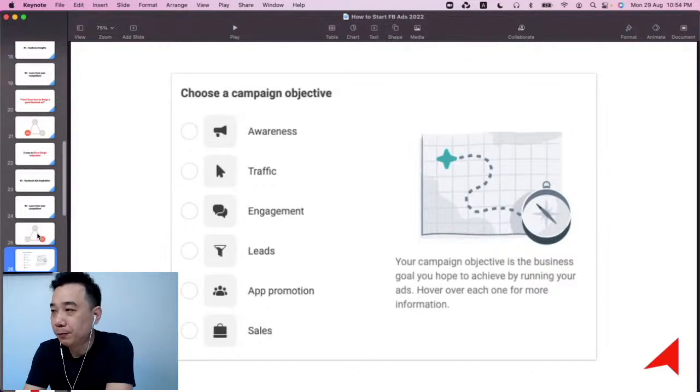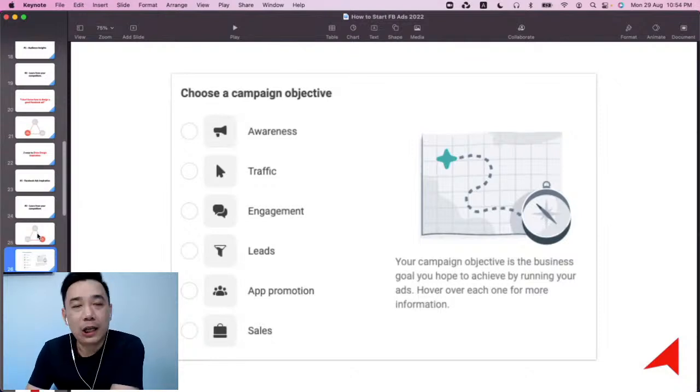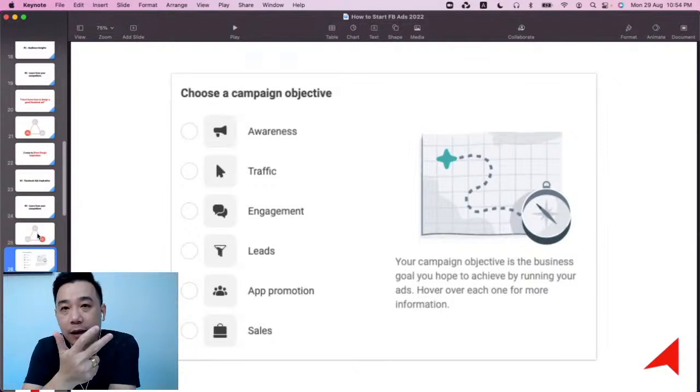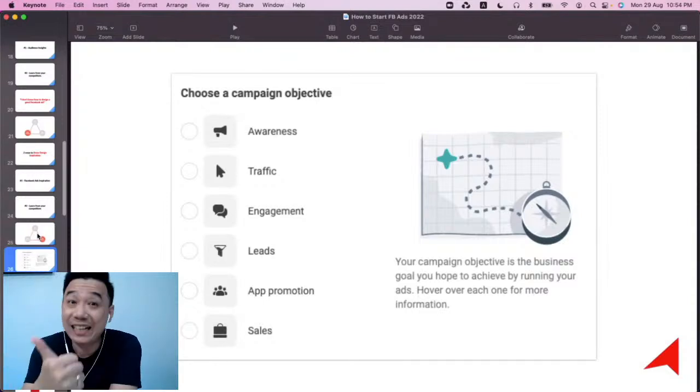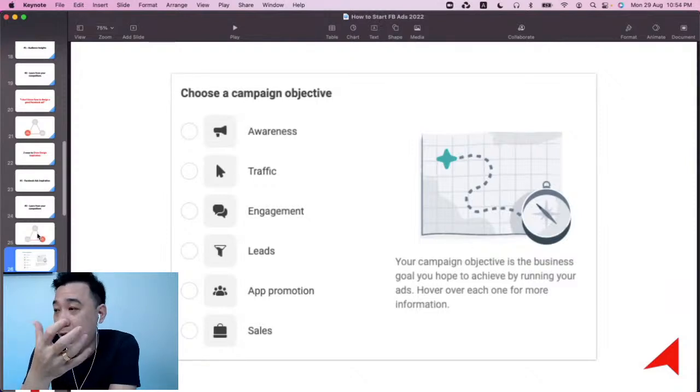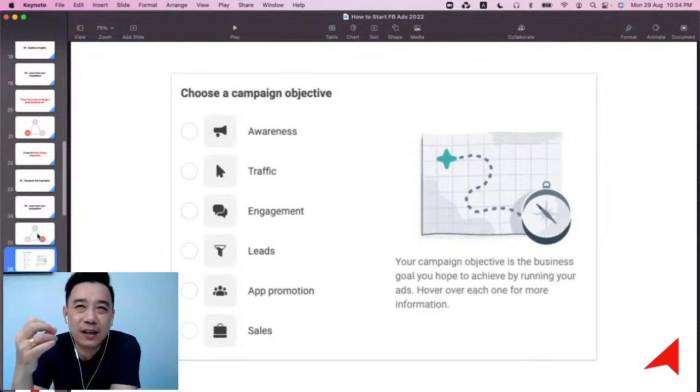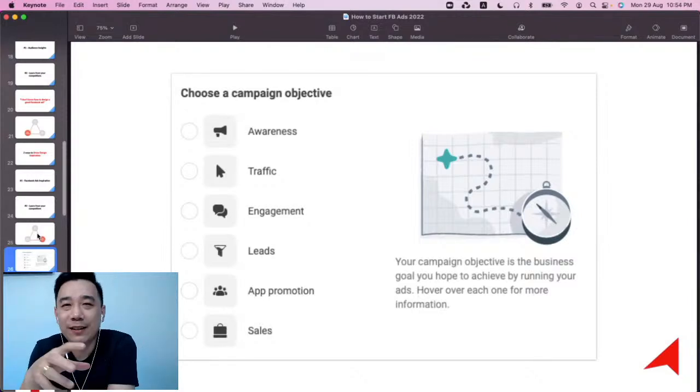For example, if you go for leads, then you'll find lead gen in there, messages in there, WhatsApp in there, and a few other things as well. If you go to sales, you will see lead gen is there, messages is there, WhatsApp is there, but of course conversion is there, and catalog is there. All right, and so on and so forth. So this is how they group things together, but it does not mean lead gen is going away, or messages is going away. No, they are just going into different categories.